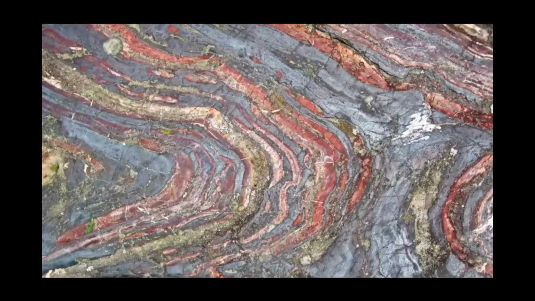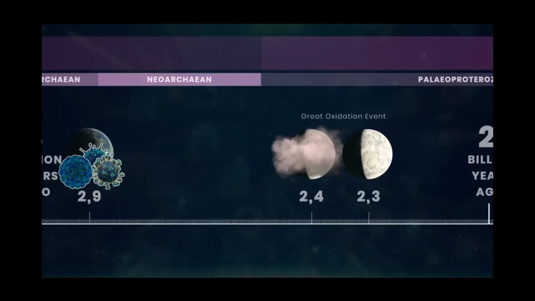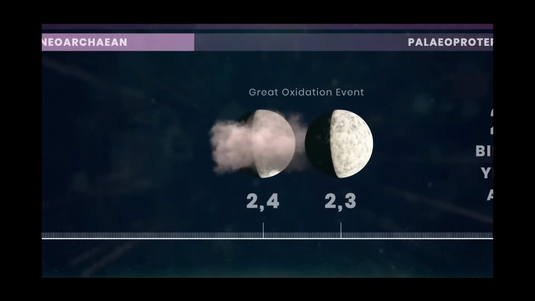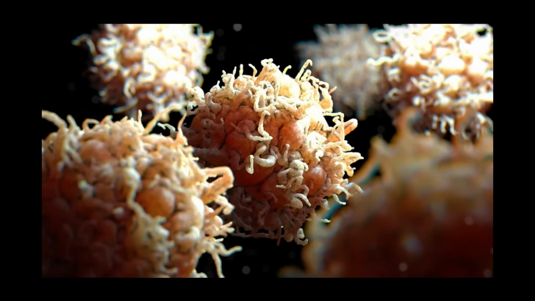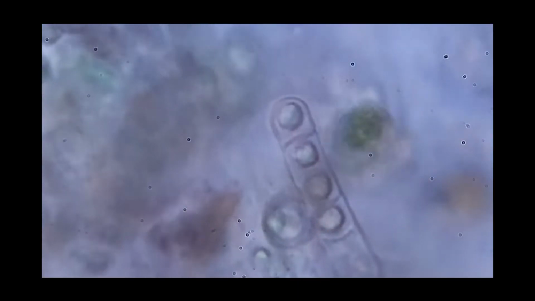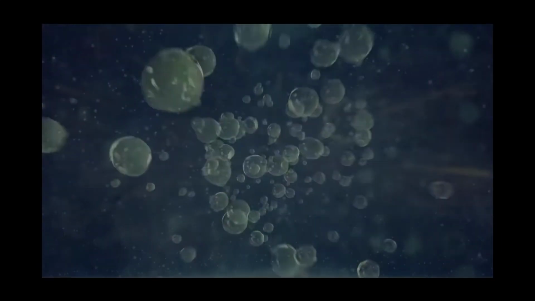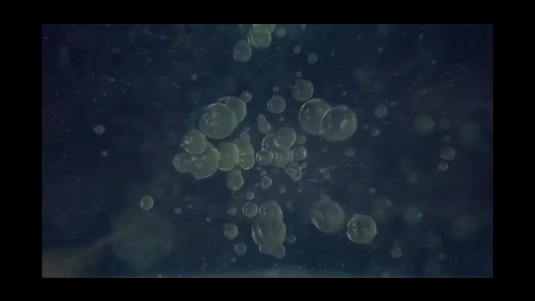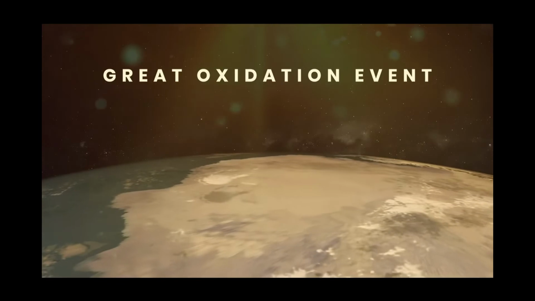Dissolved oxygen caused iron in the oceans to rust and sink to the sea floor, which formed striking red-banded iron formations. But between 2.4 and 2.1 billion years ago, something incredibly remarkable and disastrous took place in this early cycle of life. The poisonous waste produced by these evolved photosynthetic cyanobacteria, oxygen, built up in the atmosphere, causing anaerobic bacteria to die off, leading to the Earth's first mass extinction, which some call the Great Oxidation Event.